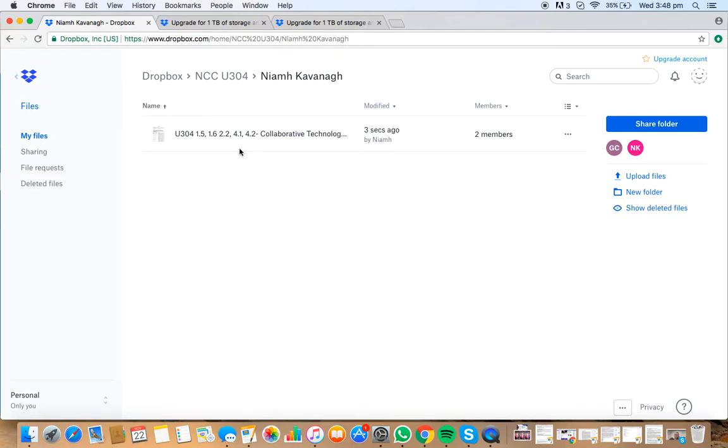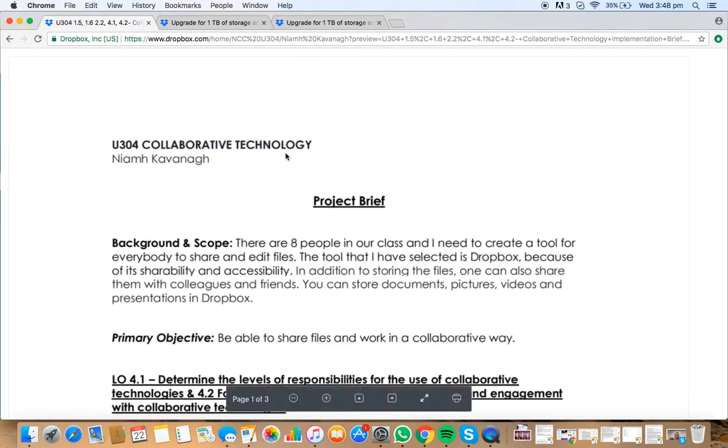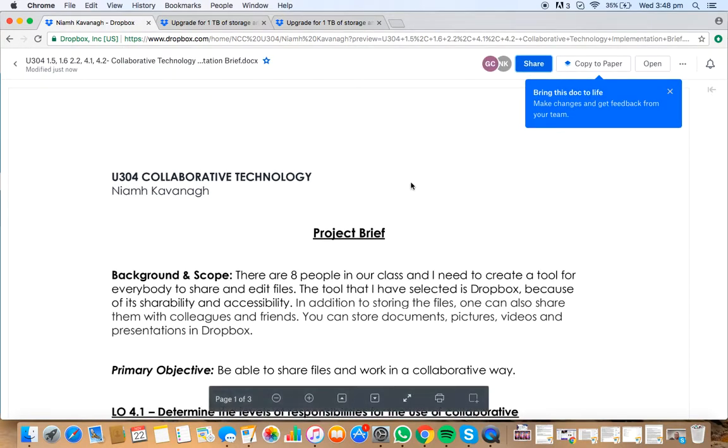So now that was for 3.5. So then finally, if you click on here, you should be able to edit her document, because I gave her edit access. So rather than me needing to download it onto my desktop and then re-upload it to Dropbox, if you click it and click open,